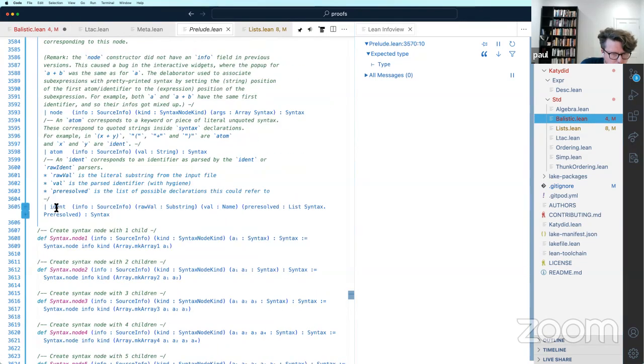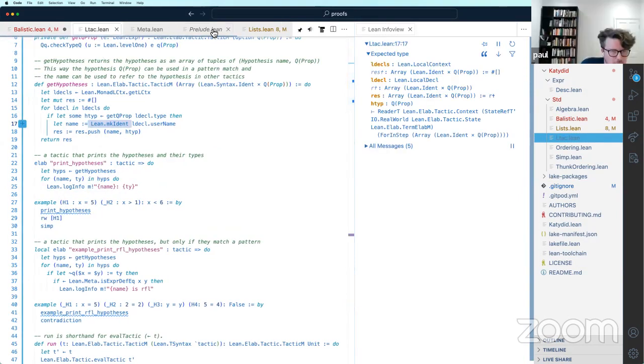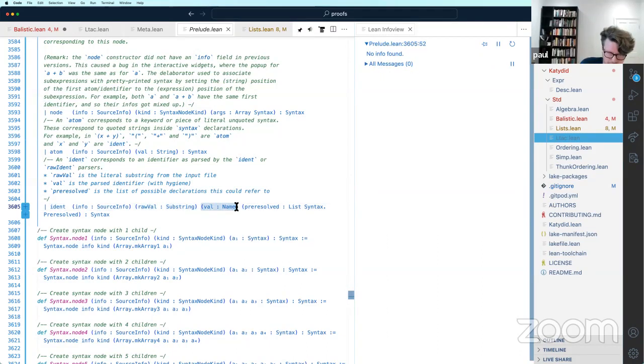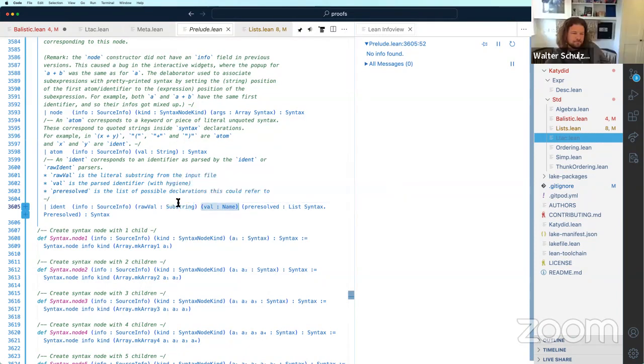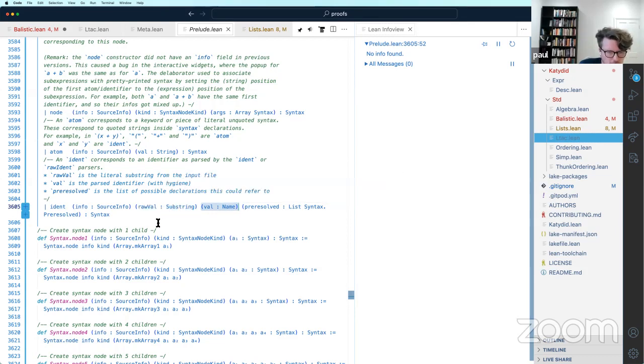Syntax, and then the constructor is ident, with some more arguments. Info, we don't care. Raw val, maybe. It's the thing we want, I think. Val is also good. I think the past identifier with hygiene. And this raw val is a literal substring from the input file.